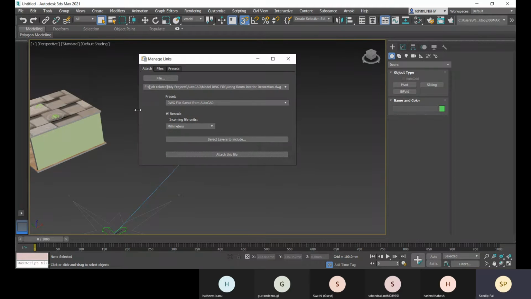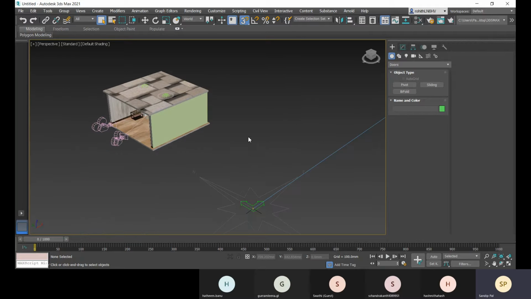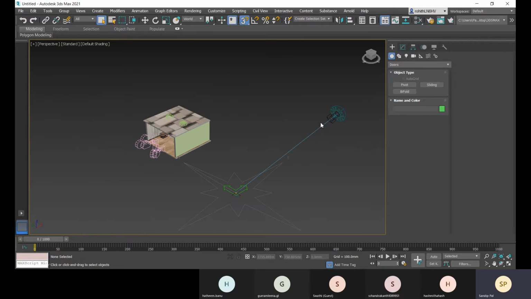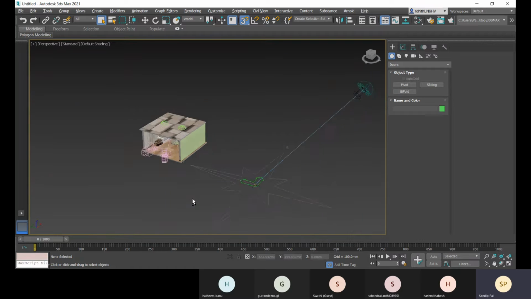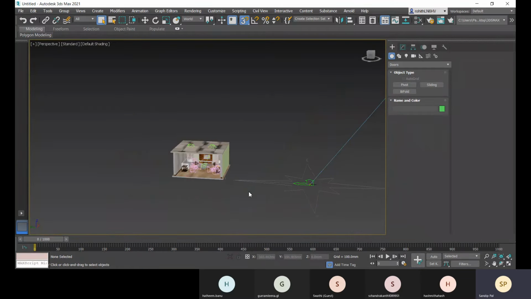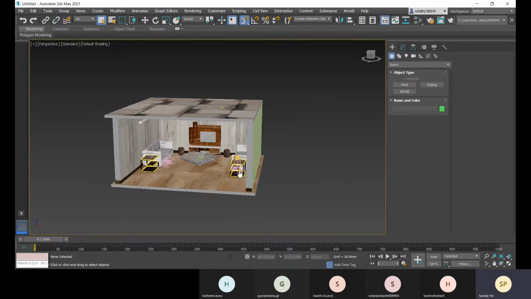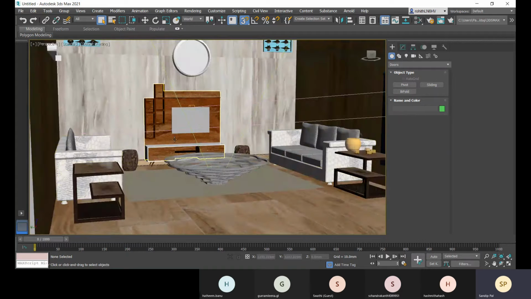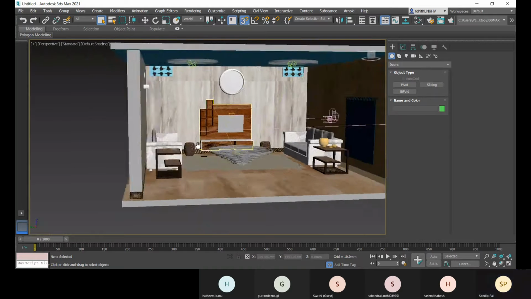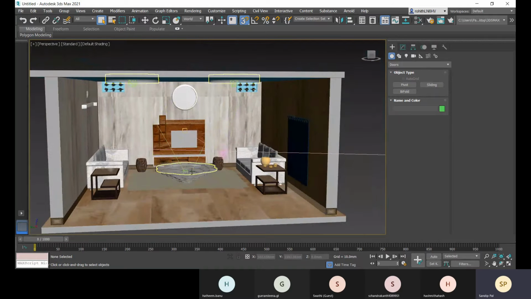All right, so these are included here. Okay, right now just let me close this file. Let me show you. And this one is the daylight system created as per the 3ds Max. So here, as per this, you will have a sky background and all. And here you can see that I am having all this. Okay, that is my AutoCAD 3D model.